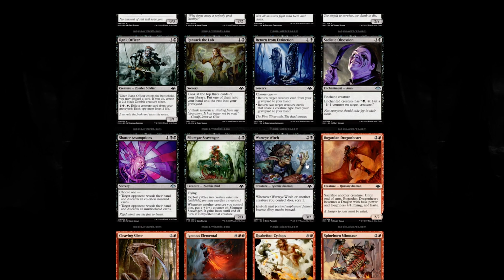Wart-Eye Witch. 1 black, 2 colors for a 3/2 Goblin Shaman. Whenever the Wart-Eye Witch or another creature you control hits the graveyard, scry 1. Eyeballs that portend unpleasant futures become slimy snacks instead. Huh. Interesting. I like this. This has a